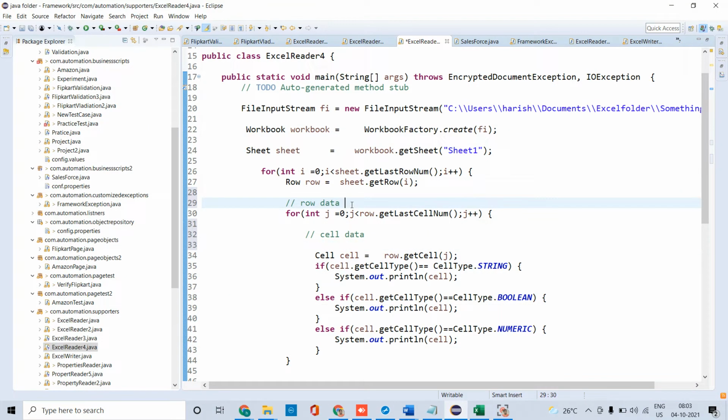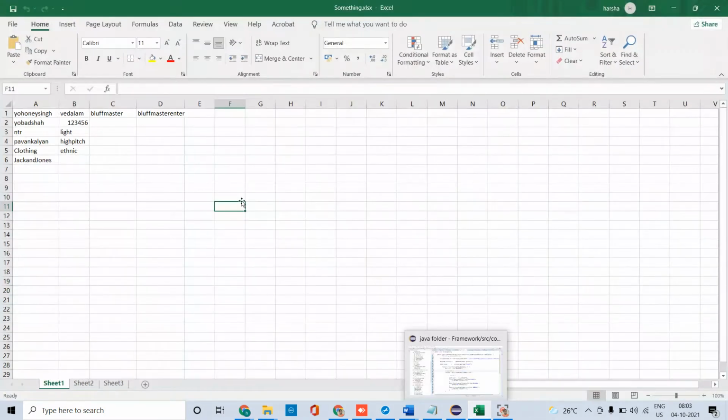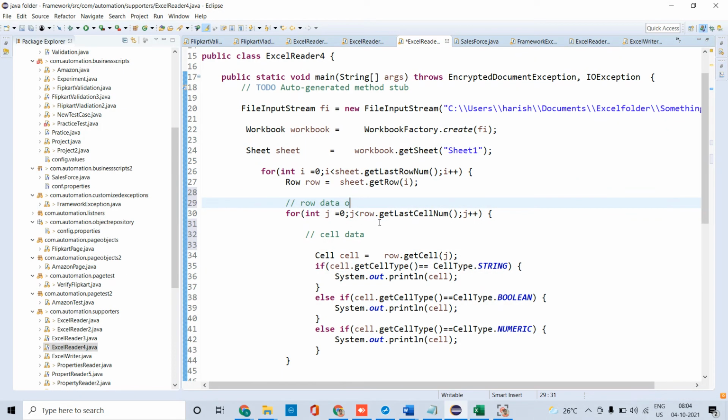After that, it will jump to this other loop. Here, how many cells of data are there? There are four cells of data. Then j equal to 0, j less than 4, j plus plus.